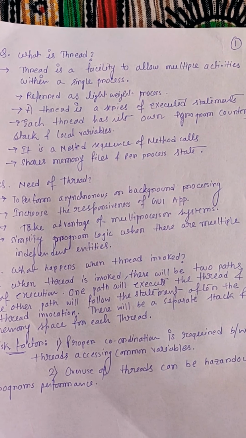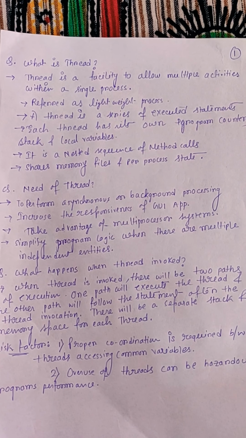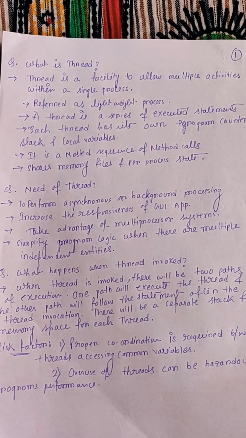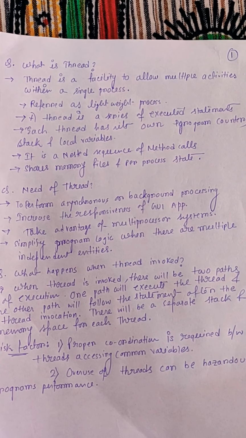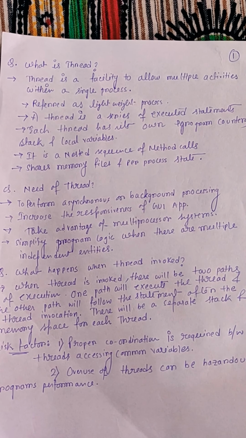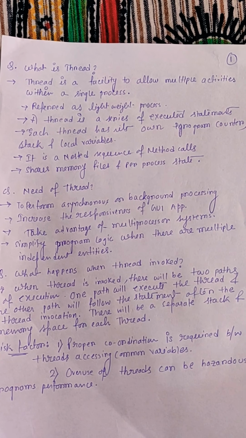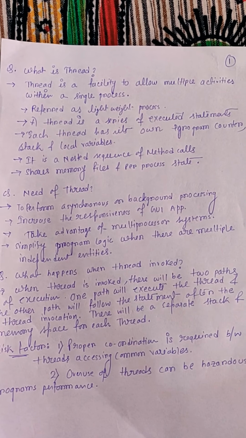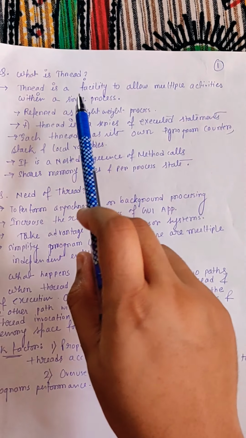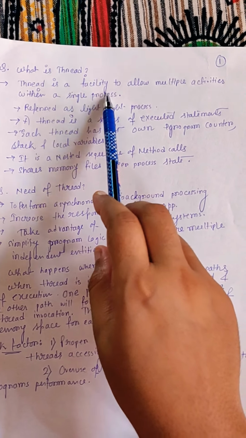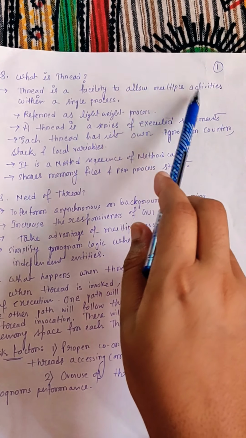The first line should be: thread is a lightweight process and it allows a facility for multiple activities within a single process, and each thread has its own program counter, stack and local variables, and it is a nested sequence of method calls and shared memory files and per process state. So this is the basic definition of the thread. That is nothing but thread is a lightweight process and it allows multiple activities within a